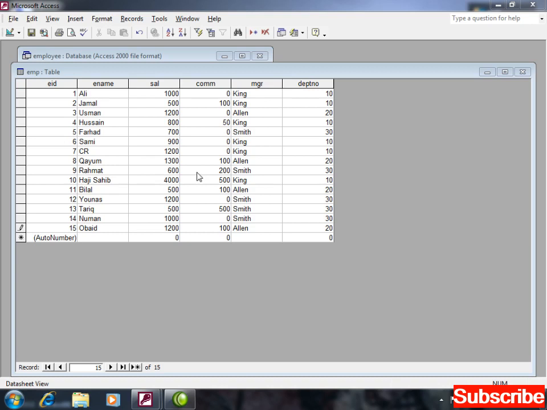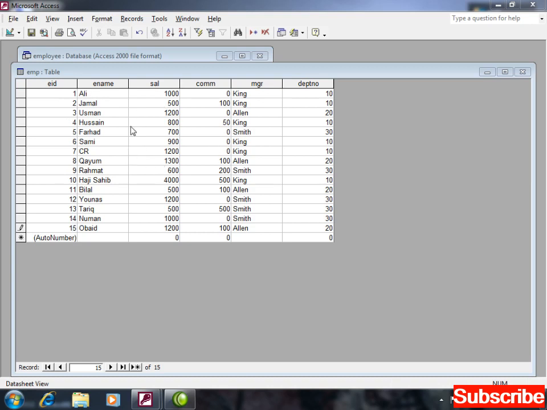Okay, now if you watch carefully, making the report is easy. Sorting, what's the meaning of sorting? Arranging data in a specific order. So in sorting you have either ascending or descending. Ascending means sorting from A up to Z, 1 2 3 4 5 6 7, from less to greater. And descending means starting from Z till A, or starting from the greater value till the smaller value. Now I can sort my report on the basis of employee ID. Right now 1 2 3 4 5 6 7 8 9 10, it's representing ascending order. You can apply descending order as well.